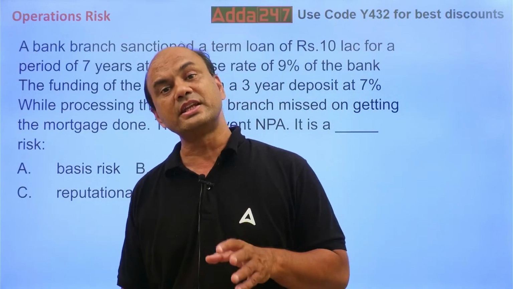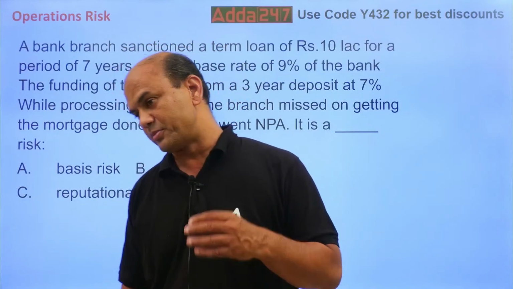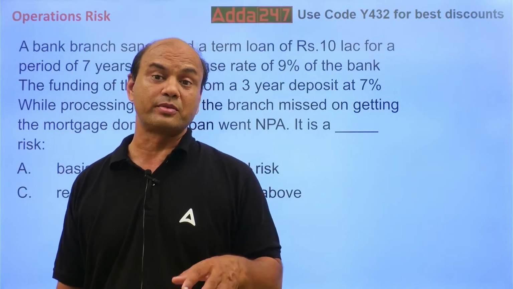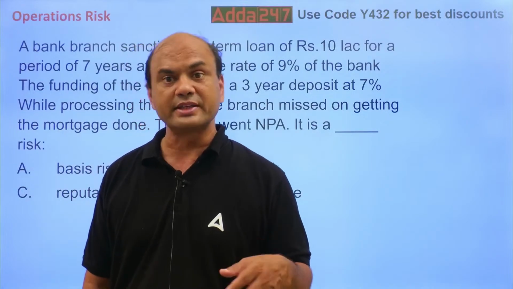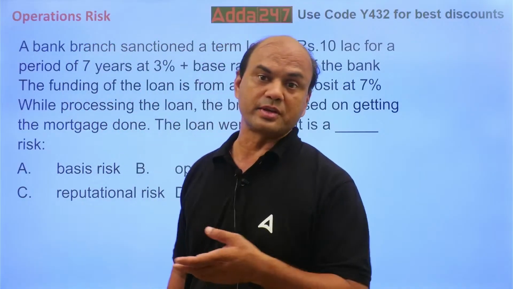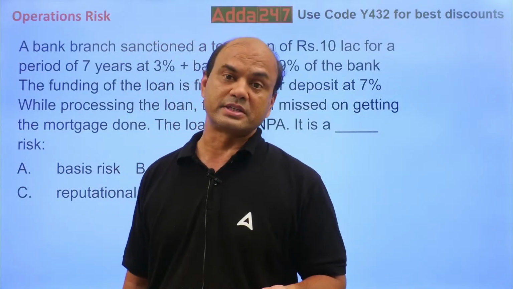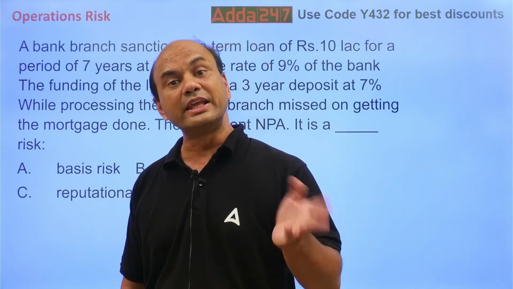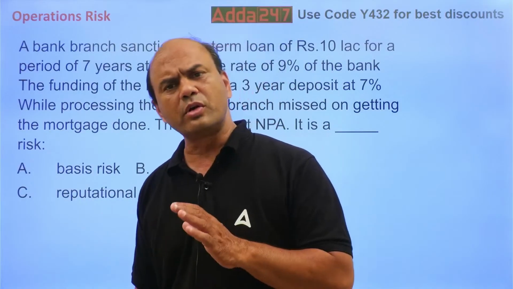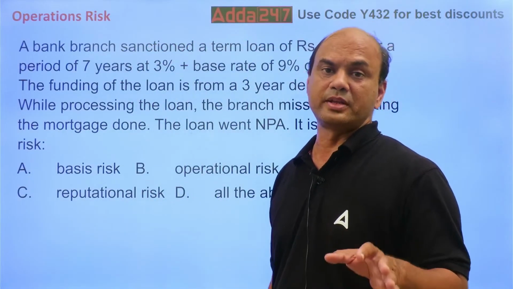But operations risk relates to what? Ops risk always relates to, number one, the employee issues. If the employee is having some problem, means some error from the employee side, or even external factors like floods, famines, dacoity, terrorist attack, that also comes under the operations risk. Your server is down, that is also operations risk. Legal problems, means legal documentation not proper, that is also operations risk. So operations risk encompasses a huge scope in the banking sector.